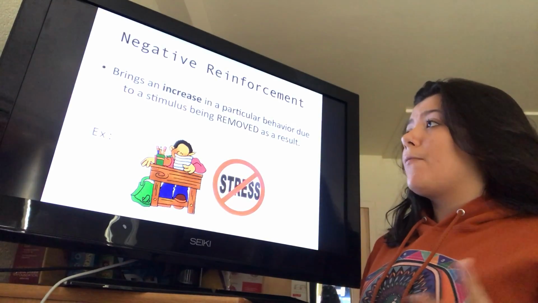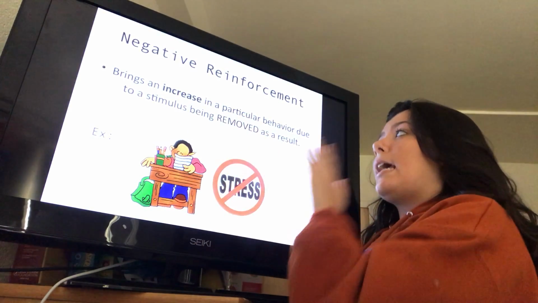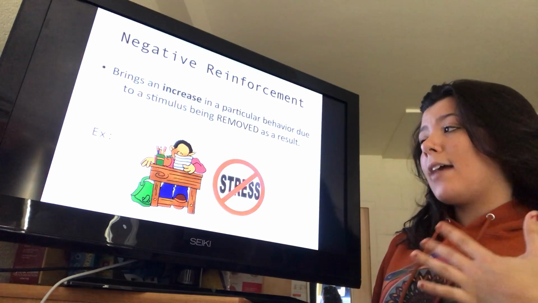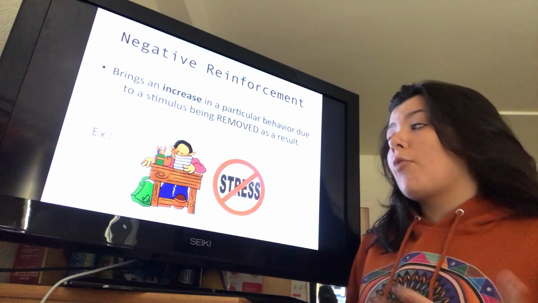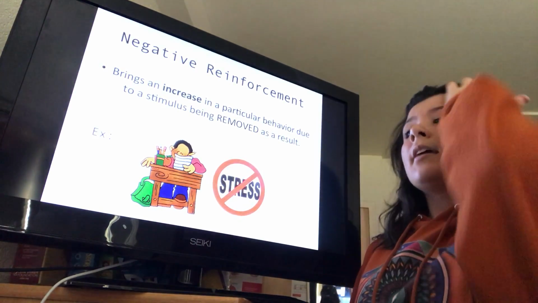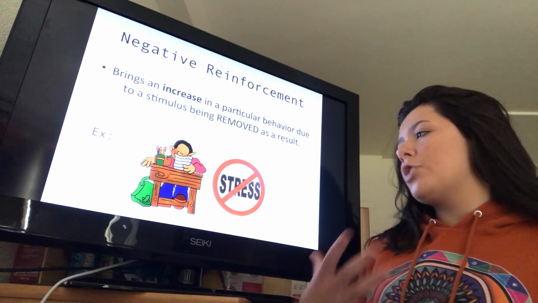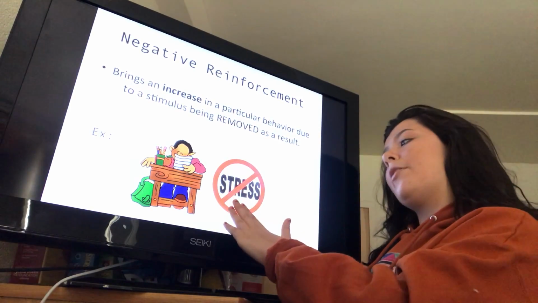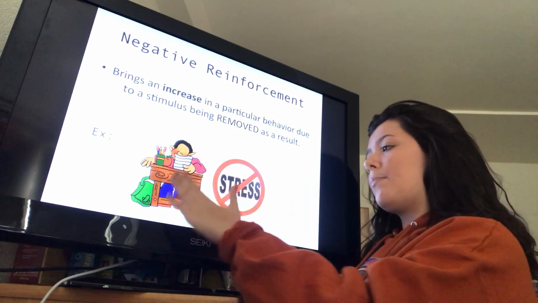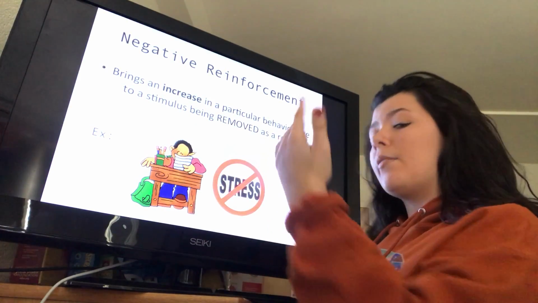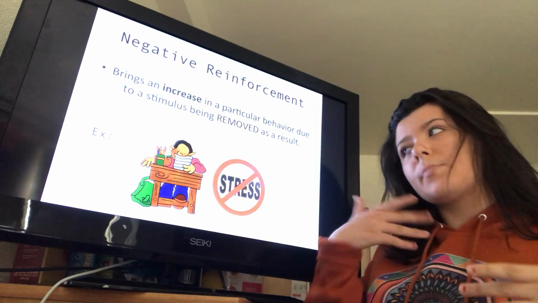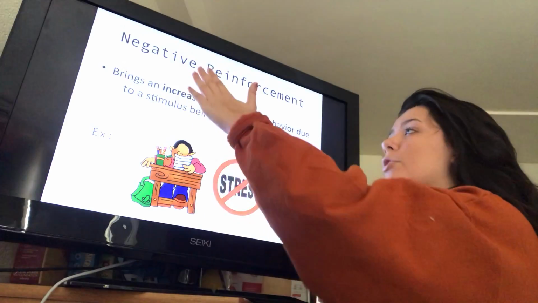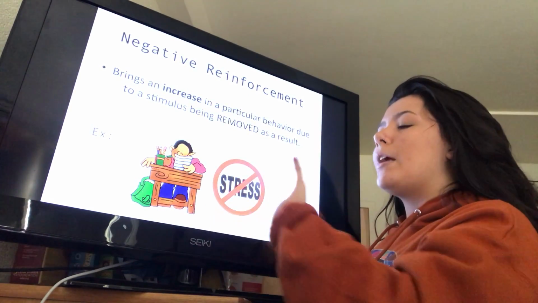And then we have negative reinforcement, and again this brings an increase in a behavior because a certain stimulus is being removed. So let's say that I asked my students to do research and write a paper on 20th century politics in Europe. So one of my students wants to eliminate the stimulus of stress. So he starts the paper right after I assign the paper instead of waiting for the last minute to do it. So he is in turn removing the stimulus of stress, which is negative reinforcement,